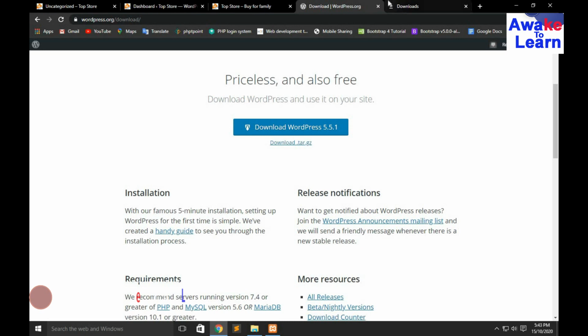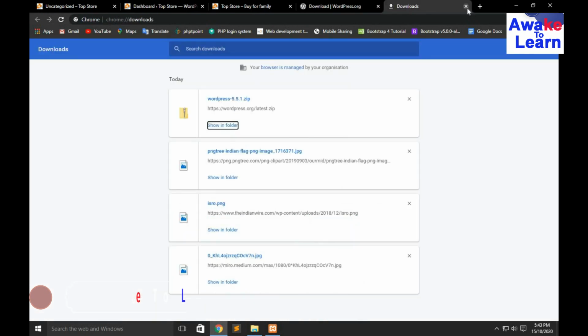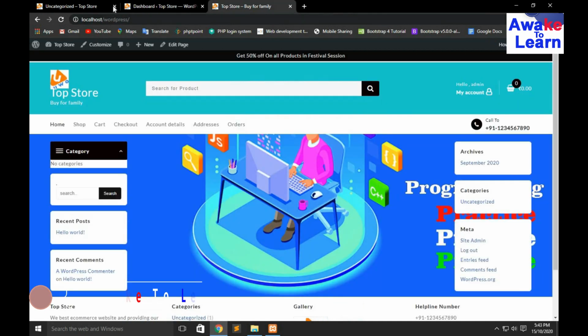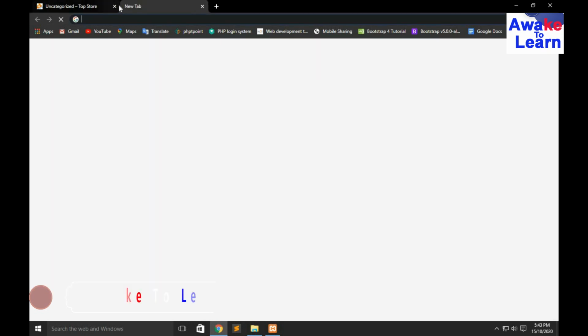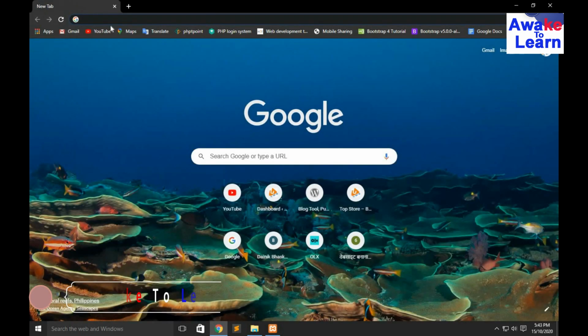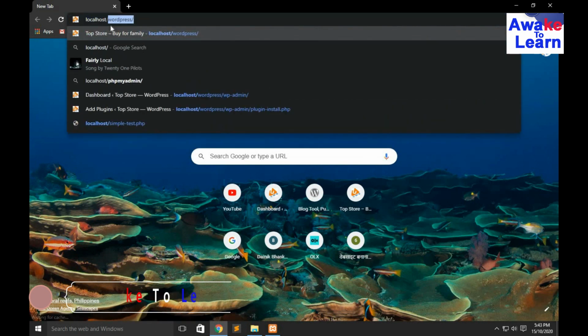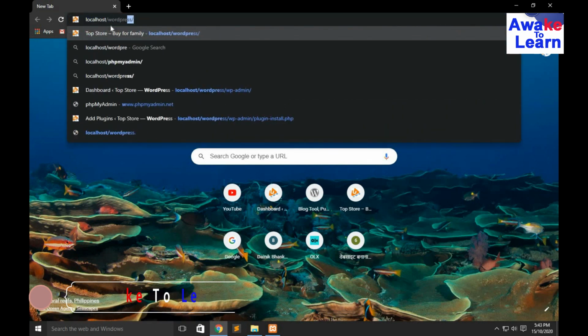Go to localhost and close all these tabs. Just type localhost/WordPress.